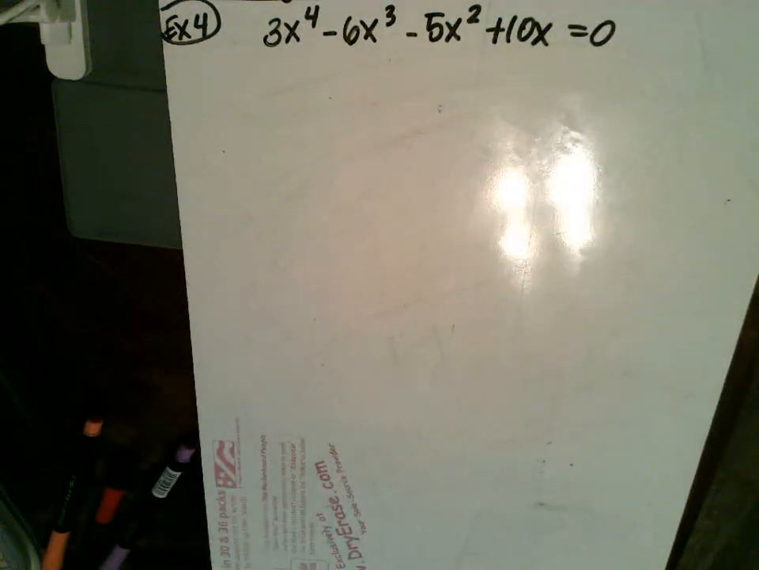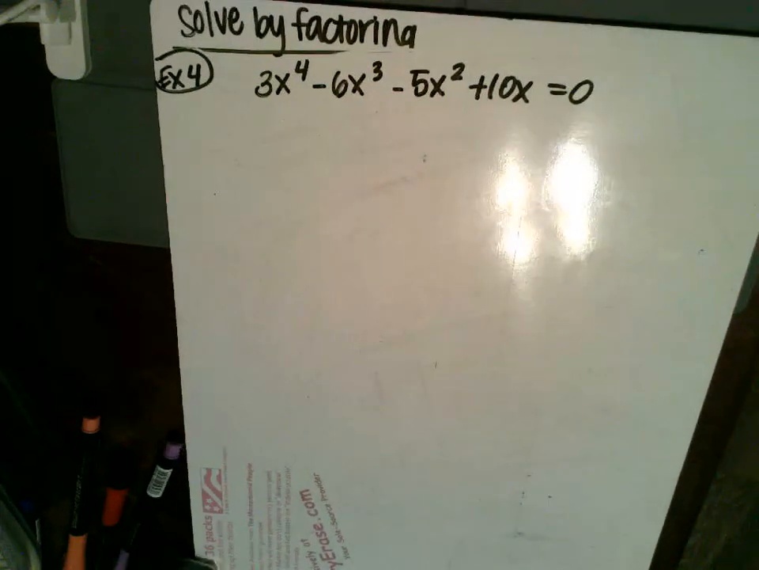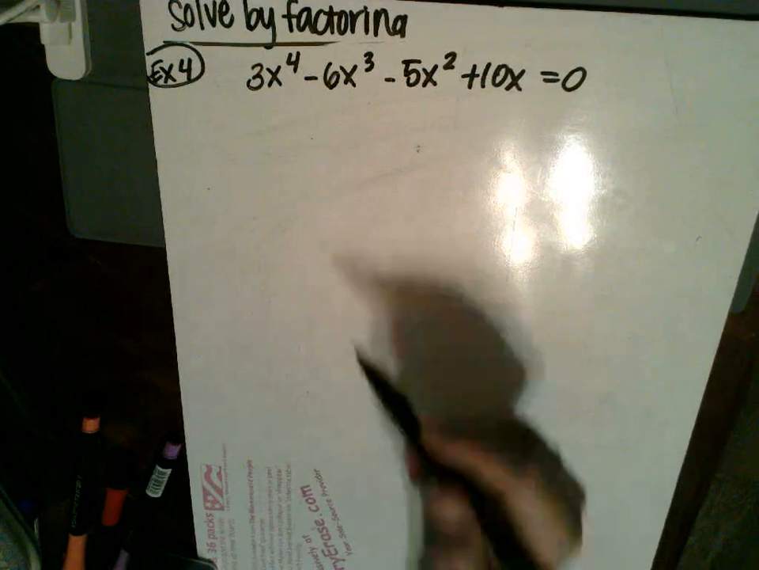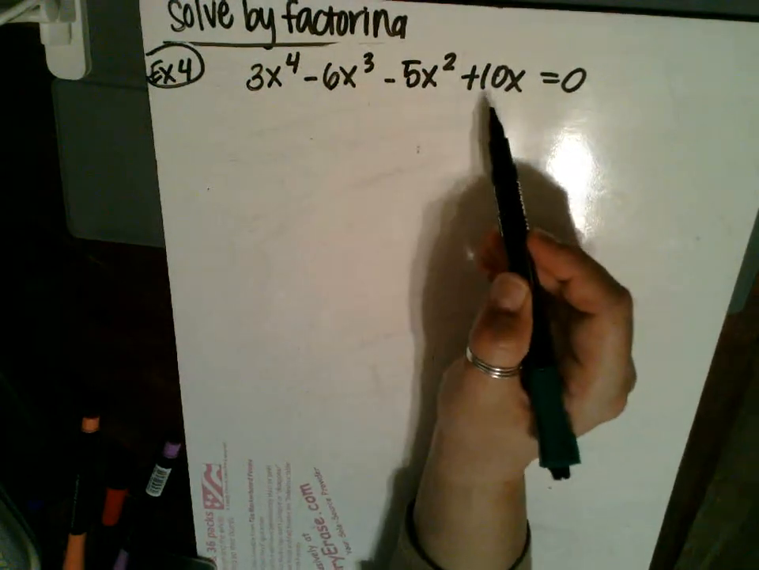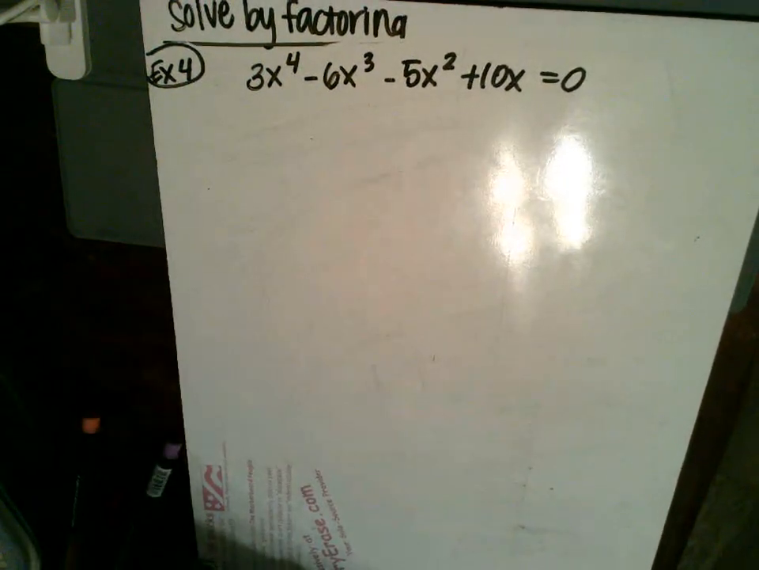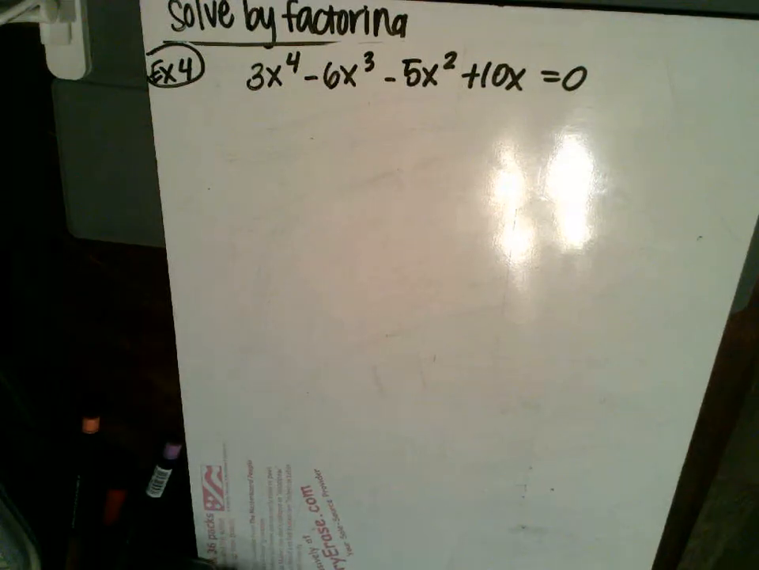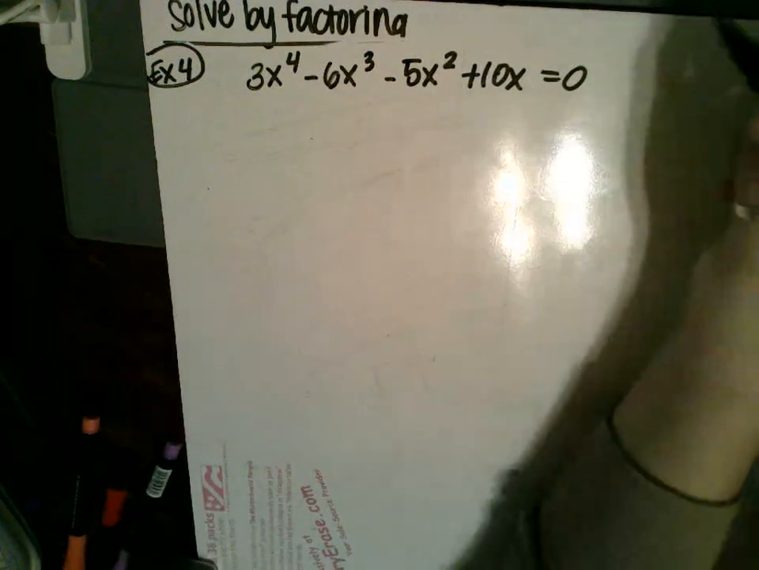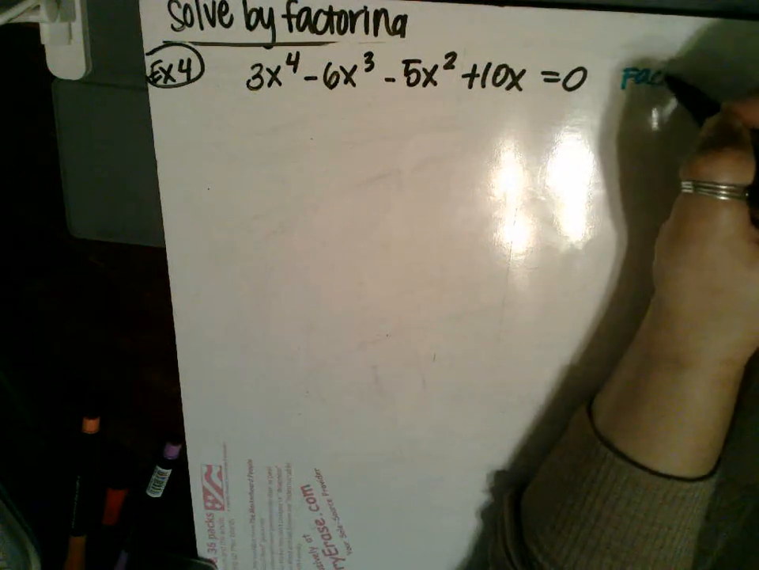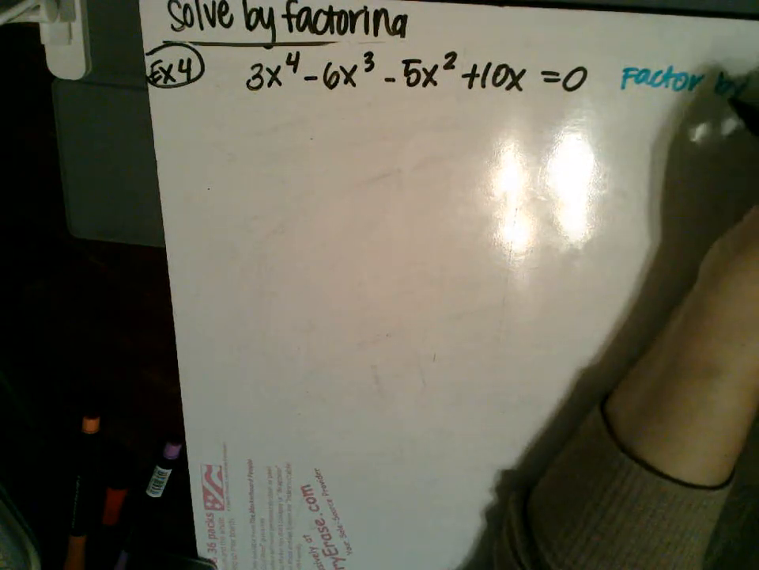And a strategy that we're going to use for this is called factoring by grouping. Since it has 1, 2, 3, 4 terms, almost always when there's 4 terms, the easiest way to factor is by factoring by grouping. So how we do it is we're going to factor by grouping,